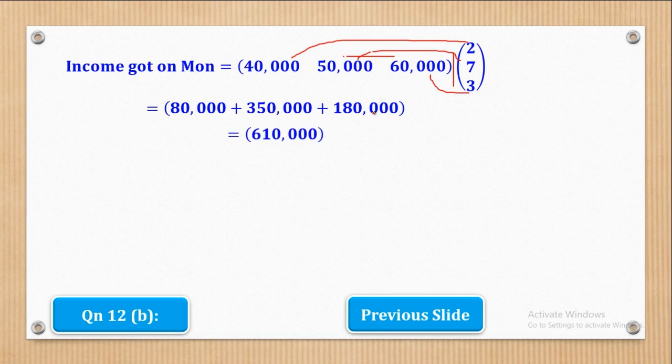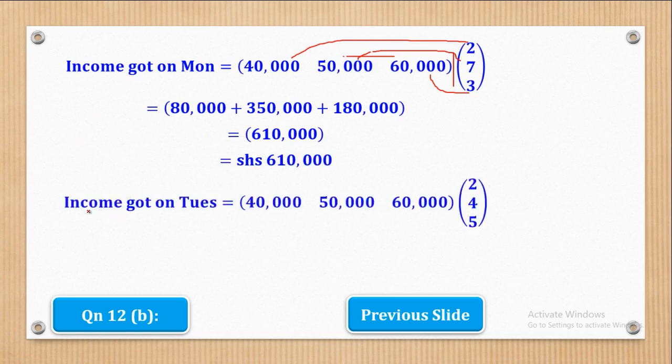180,000. And when I add all of them, I will come up with a 1 by 1 matrix. Therefore the amount will be shillings 16,000. That is the total income for Monday. Let's go to the total income for Tuesday. For Tuesday, the total income will be, if you come here,